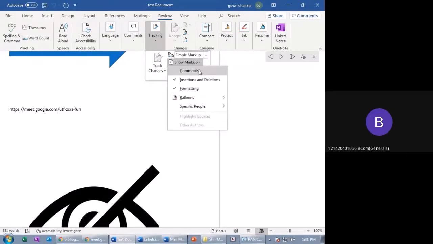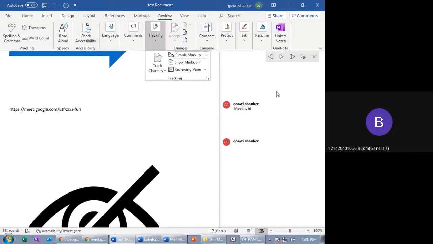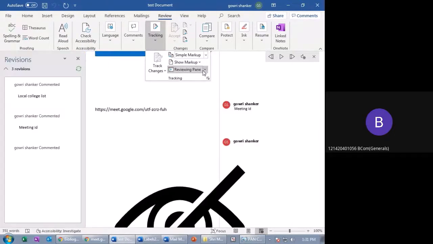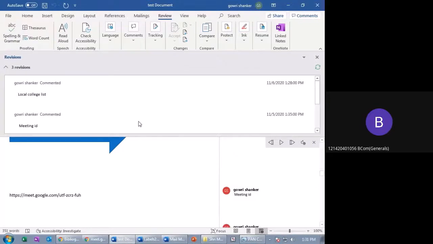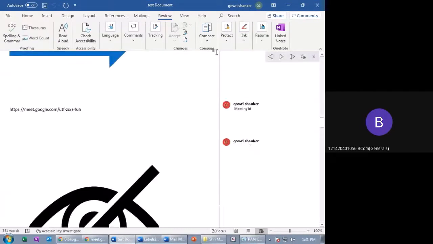If I select Comments, the comments will also be reflected in the document. This is a review pane. You are just checking out the versions, local college list, meeting ID for both. This also can be moved. You can keep it left or right side or wherever you want. You close it, closed. That's it.